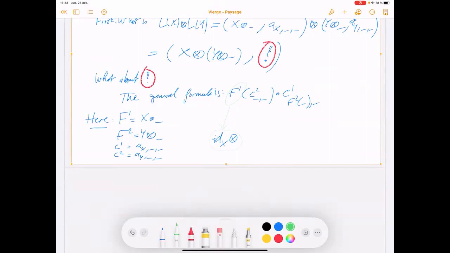C2 something here, this one will be A_Y something here. So this is this. So put parentheses, composed with